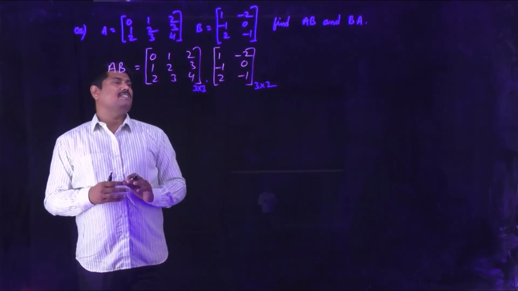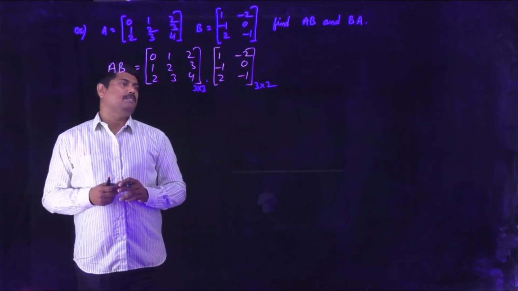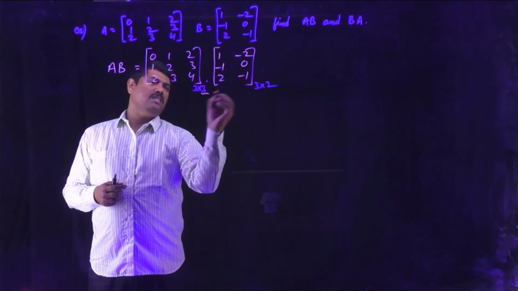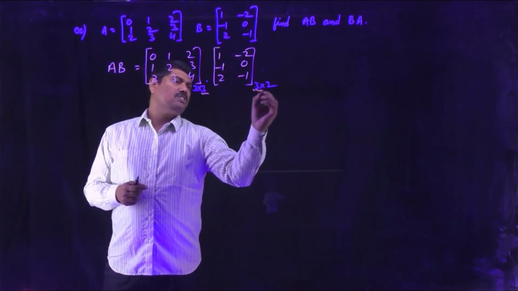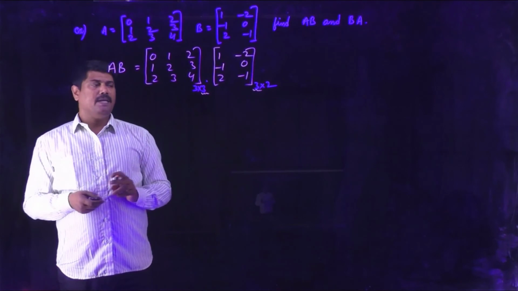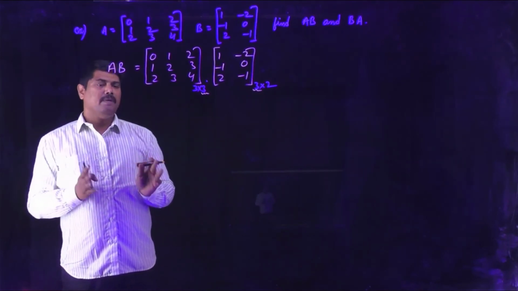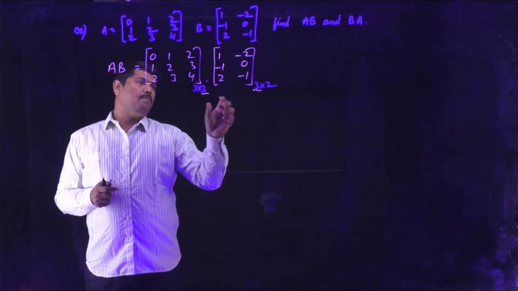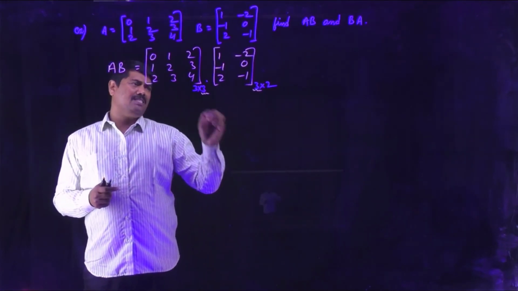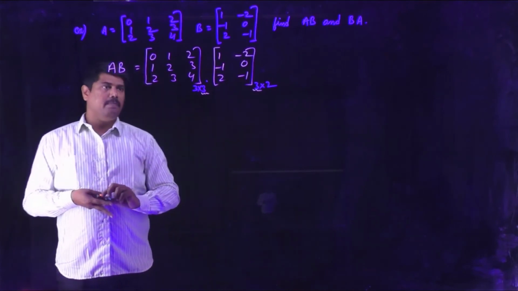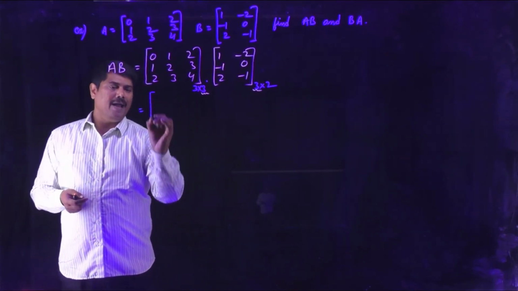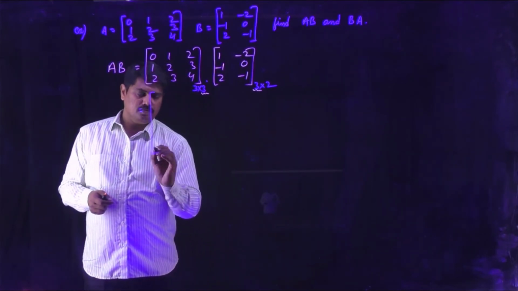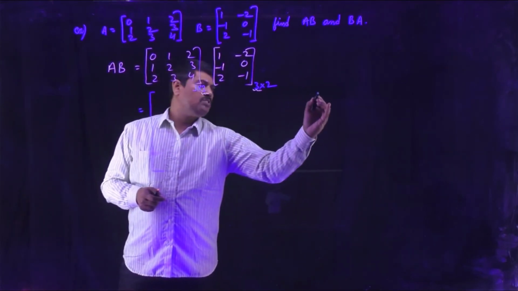Now first let us discuss whether multiplication is possible here or not. Clearly possible. Why? Because you can observe the columns in A is 3 and the rows in B is 3. So the multiplication AB is defined. A and B are conformable for multiplication. Now we also have to think about the order of the obtained matrix. Clearly that is of order 3 by 2, which contains 3 rows and 2 columns.